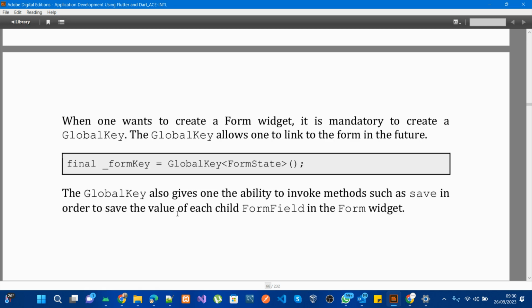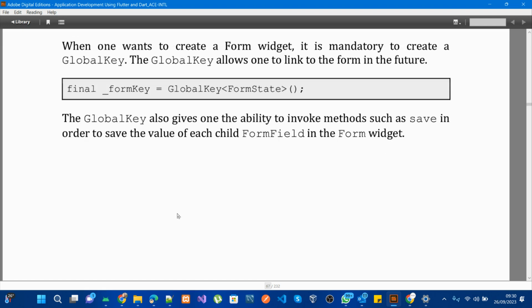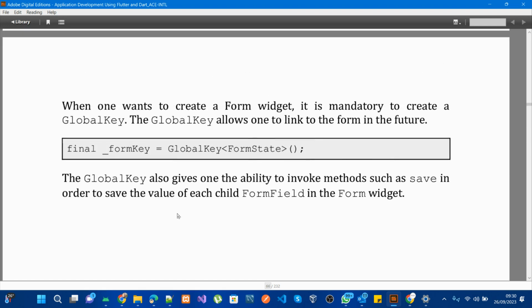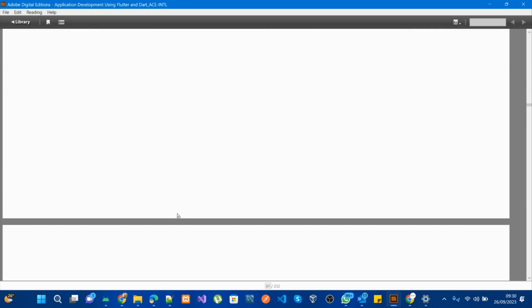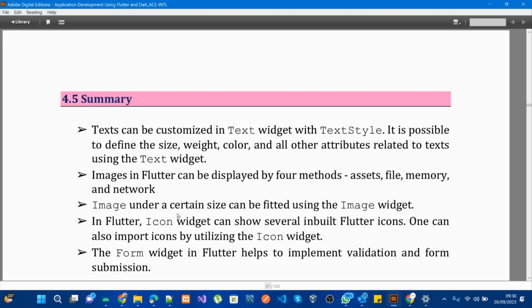It's just theory, okay. When we go into practical, we will understand this. I don't want to write code for form right now because it's going to take more than our agreed time, right? So basically, that is all about this